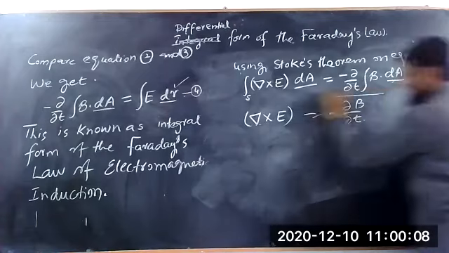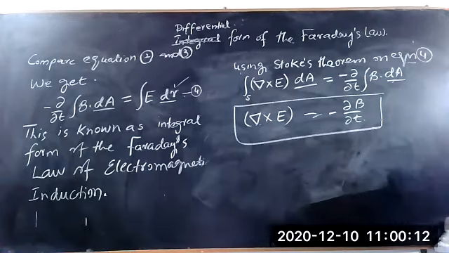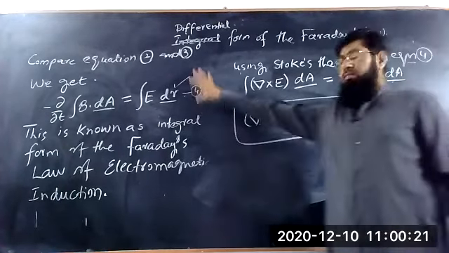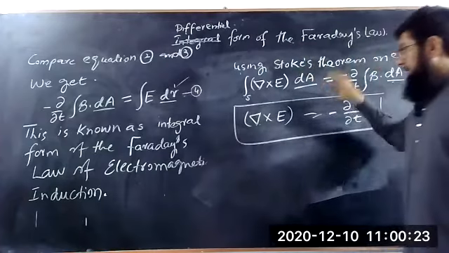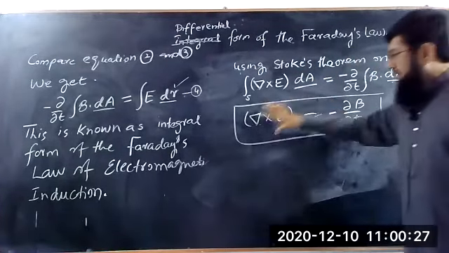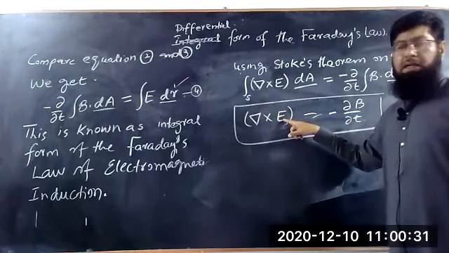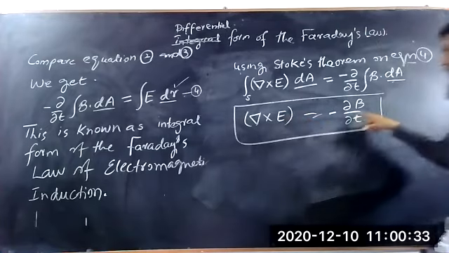This indicates that this equation is known as the differential form of Faraday's law. So we have converted Faraday's law from its integral form, and now this is the differential form of Faraday's law. What does it tell us? It tells us that the rotation of the electric field is due to the rate of